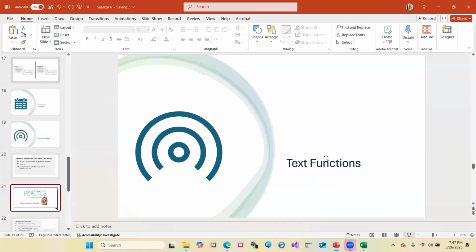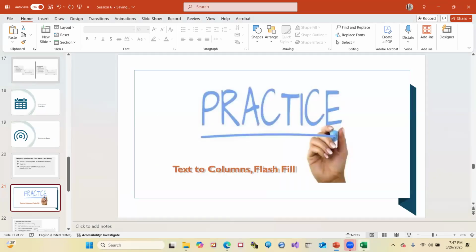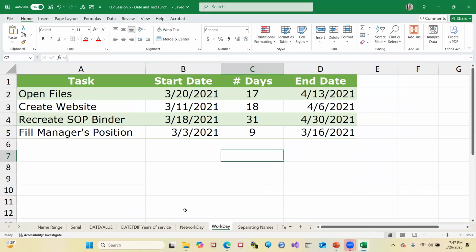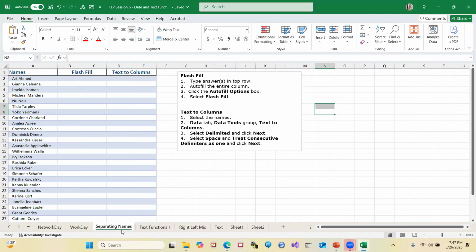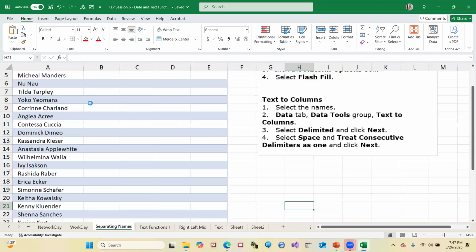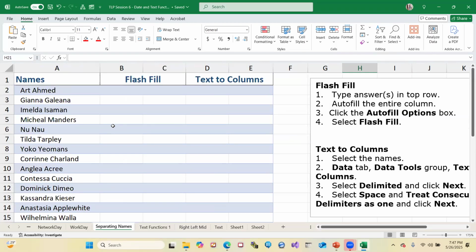Okay, here it is. So I'm going back to the workbook, and this time around I'm moving to separating names. Okay, so who can remember how we make use of flash fill? Who can remember? I think the answer should be right with you. You can unmute and just